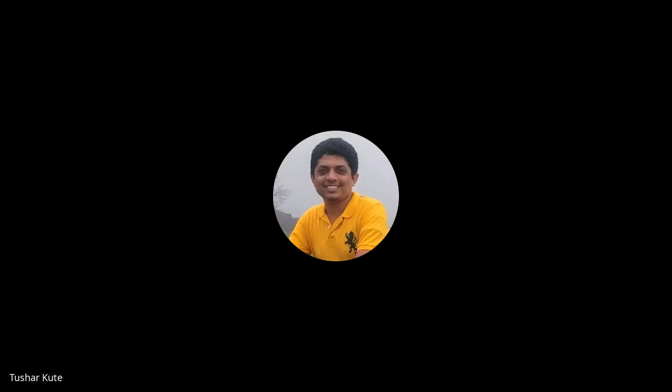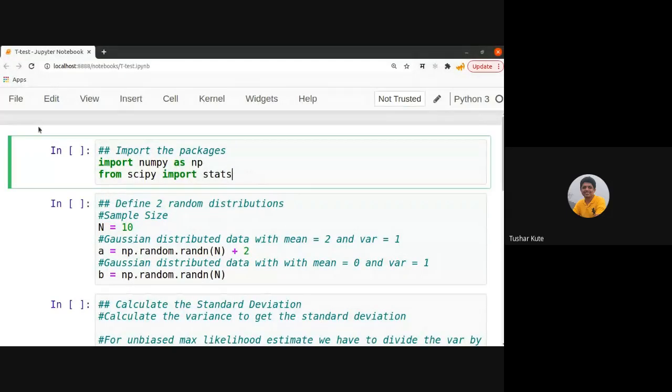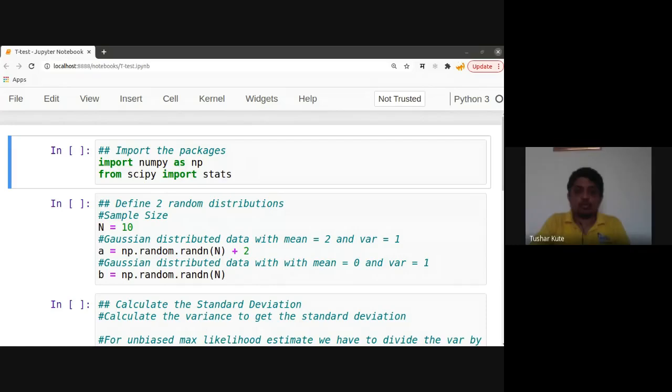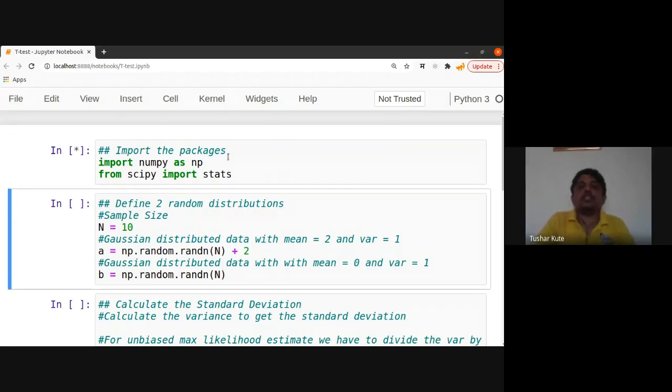Now see this. I put many things in the comments also, by which we can identify what exactly the statements mean. You can check it out. I'm using arrays, that's why I imported the NumPy package over here. And for the statistical operations of the t-test, I'm using the stats package present in SciPy, inside which we can have the test conducted. So this is what we imported.